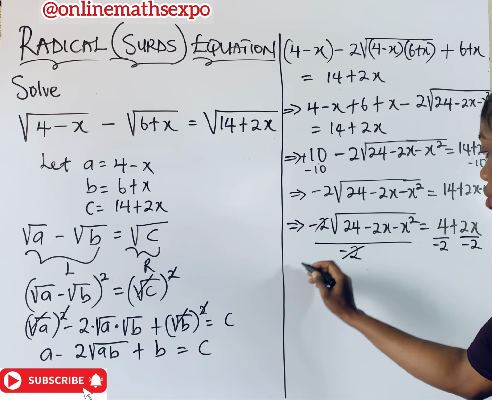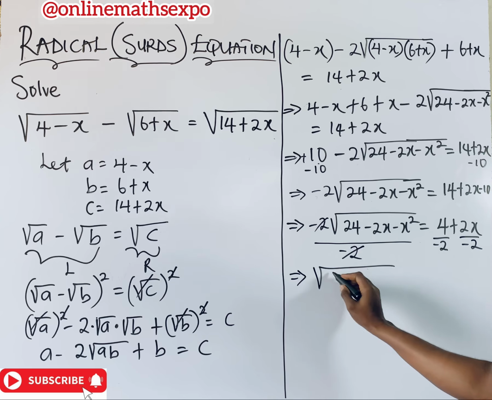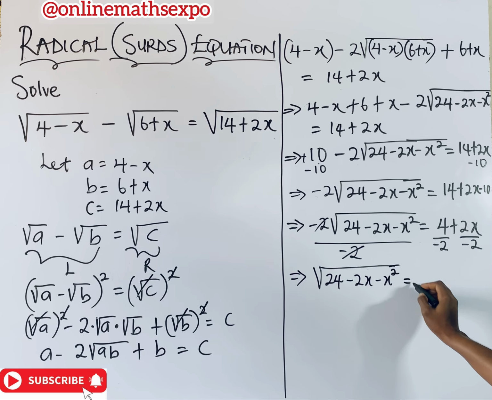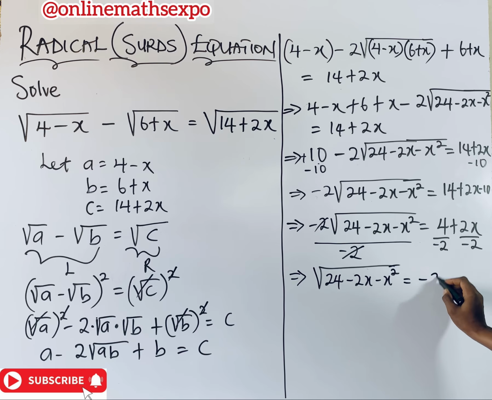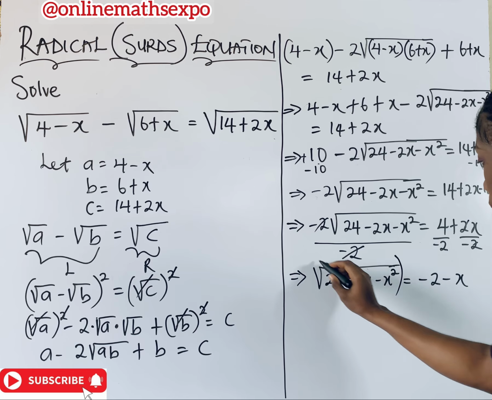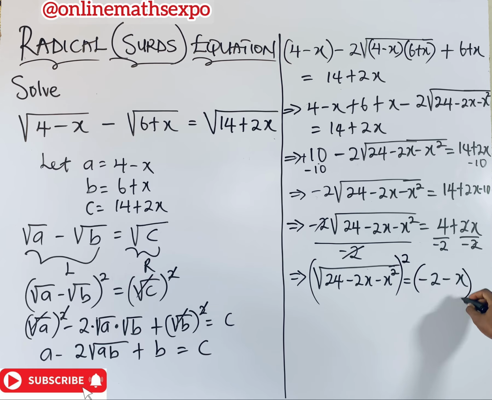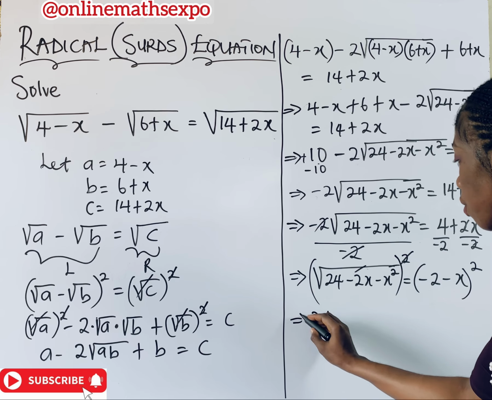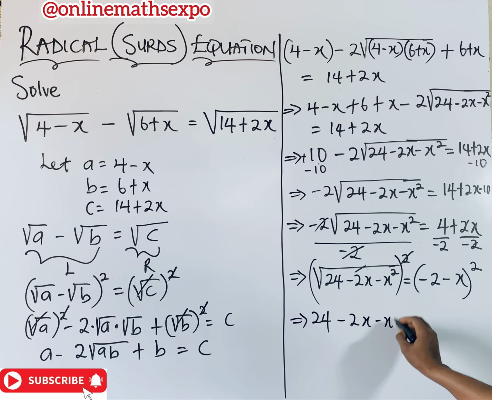So this will cancel, and we are left with square root of 24 minus 2x minus x squared is equal to, when 4 is divided by this, we have negative 2, divide this, we have negative x. Did you see what we've gotten? So what do you do again? It has landed us again to square roots. So we're going to square both sides. You square the whole of this side. This will cancel this. We have 24 minus 2x minus x squared is equal to,